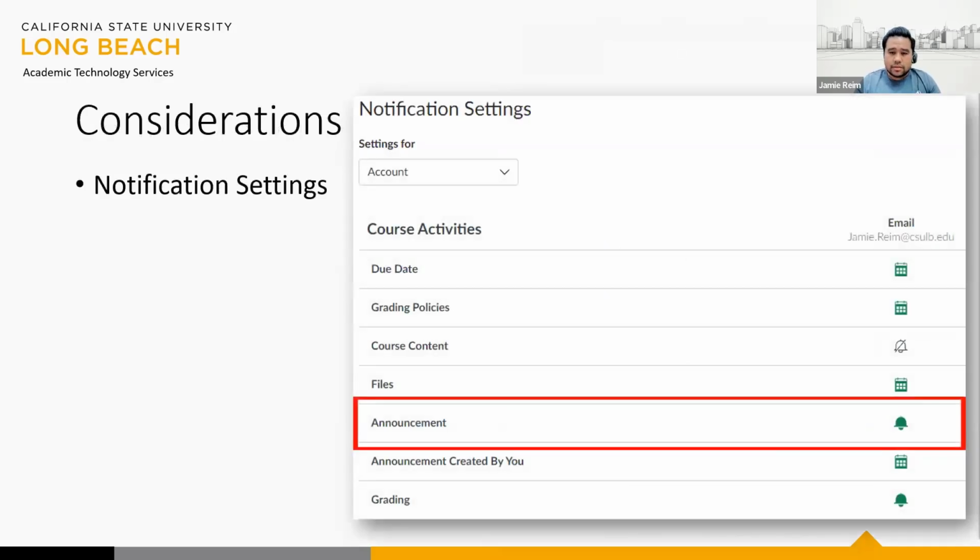Another consideration worth mentioning is going to be the notification settings in Canvas. Your participants have control over how they want to receive notifications within Canvas. They can elect to have no notifications, which is alarming. Therefore, going over how they want to receive the notifications in Canvas is going to be really important, just because